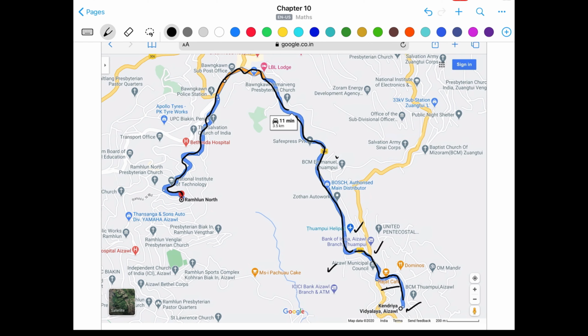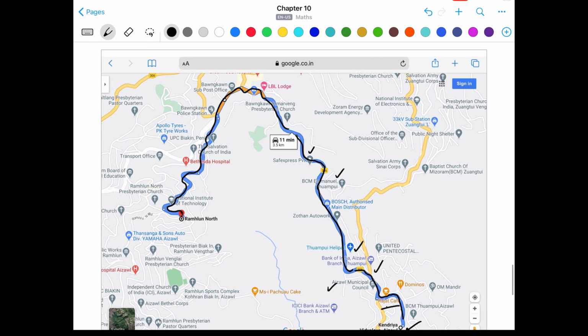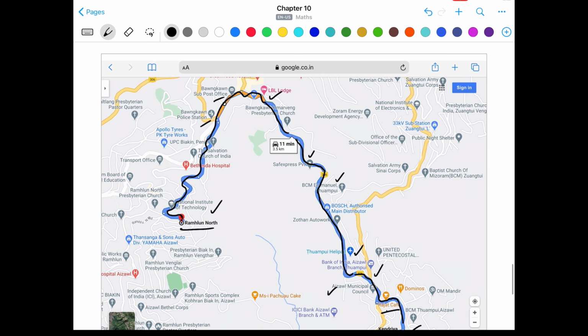Then BCM Emmanuel Safex Private Limited, then LBL Lodge, then Bongkon Post Office, Sub Post Office, Bongkon Police Station. Going ahead, we have the National Institute of Technology, then we reach Ramlun North. So I have just shown you how it should be done.